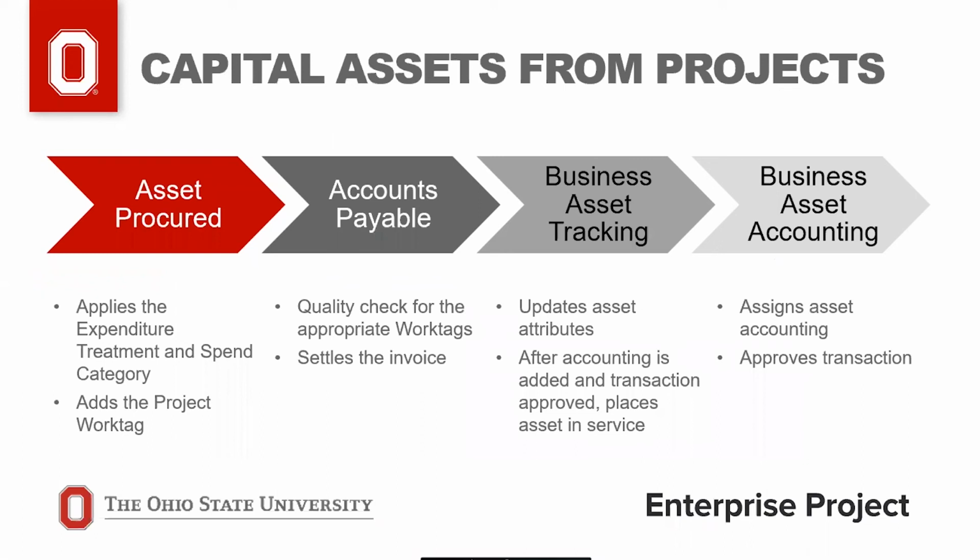Capital assets from projects. With a predefined sequencing of steps, each step in the process must complete before the next one can be taken. Workday uses security groups to systematically route the task to the responsible user based on their assigned roles. Workday also uses condition rules to determine this routing and other factors such as whether or not a particular step is necessary for the transaction.